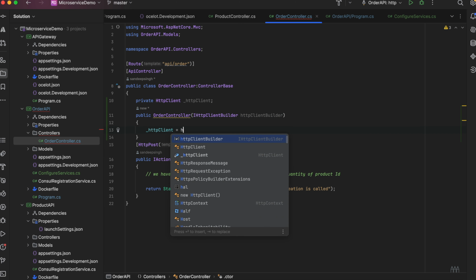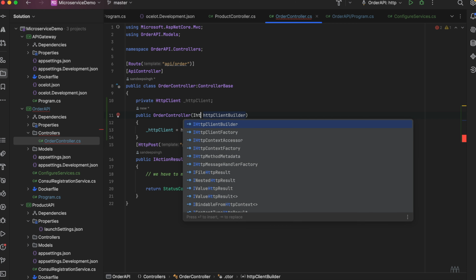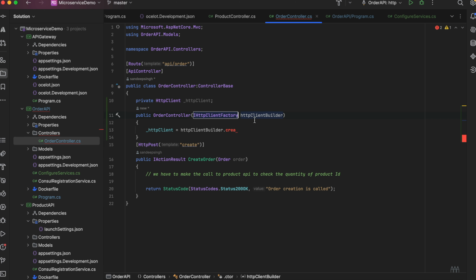So here what we can do, we can use the builder dot... sorry, this is not the builder, this is HTTP client factory builder dot create client. So we already have the product API client that we can use.